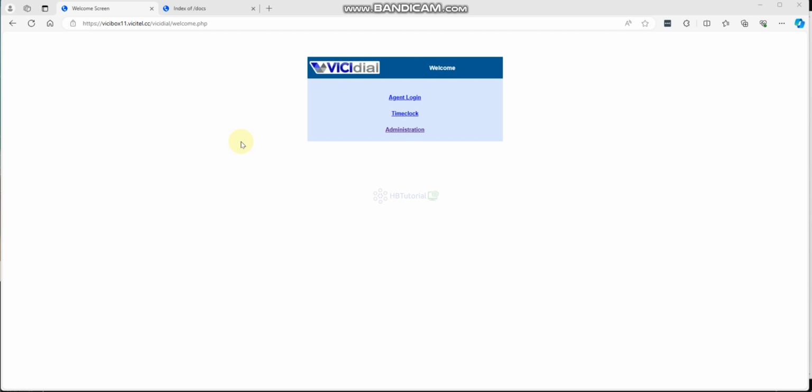So what is this all about, Combridge settings? Combridge is to remove the bloop sound or the choke sounds once the customer answers or picks up the line.